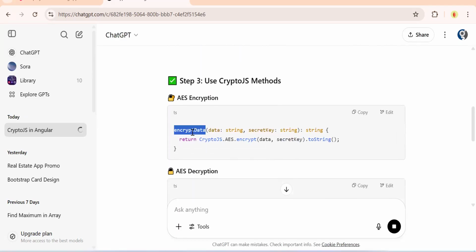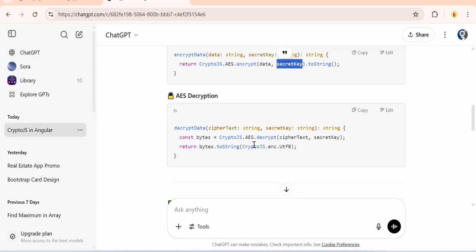See, this is the function. What data you need to encrypt and your secret key. Crypto.js has multiple algorithms. Which algorithm you need, the encrypt method, data and your secret key. So this is how you encrypt the data. Let's say you want to read the data and show it somewhere, but before showing it, you need to decrypt it. So that is your ciphertext, the data which you have stored, the key name and the secret key.